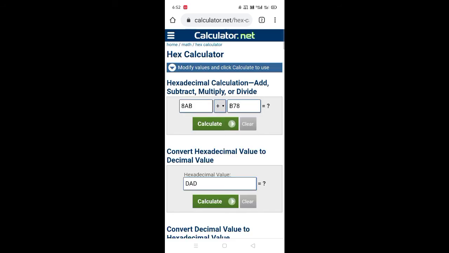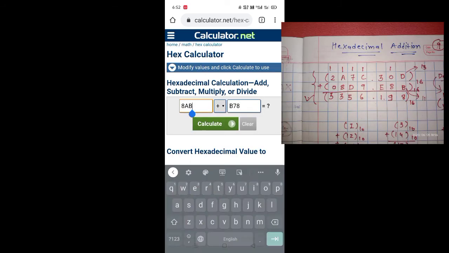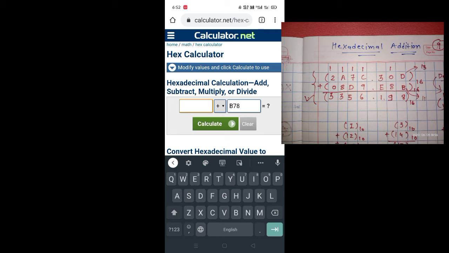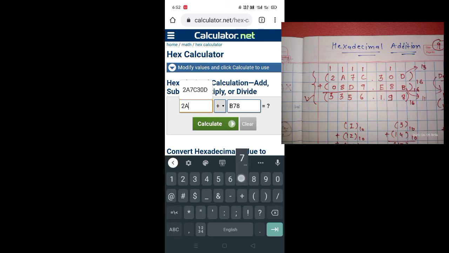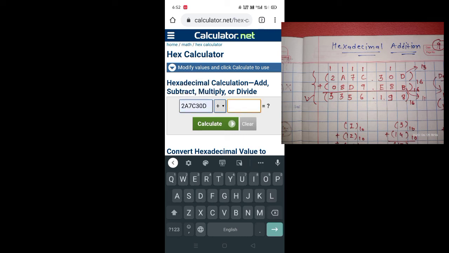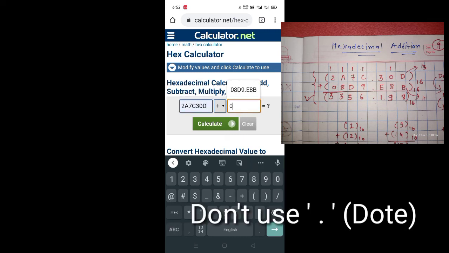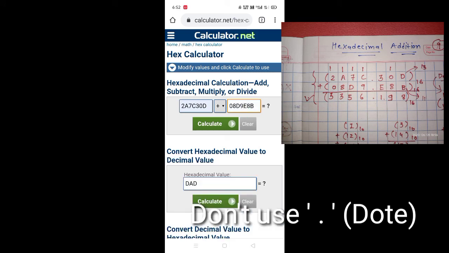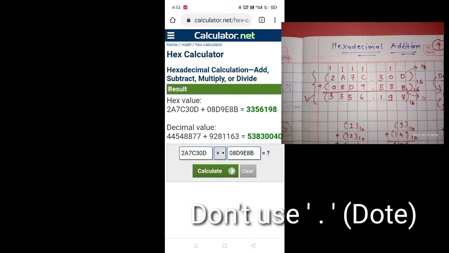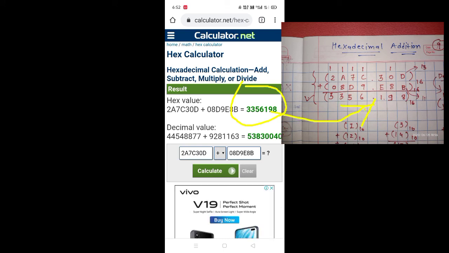It is illustrated here, and now you have to put in all the values that we want to add, 2A7C.30D, but you don't have to put the dot here, otherwise it will give an error and not show the answer. But once you get the answer, you only have to cut the dot, placing it 3 digits from the last side, so it is not problematic.